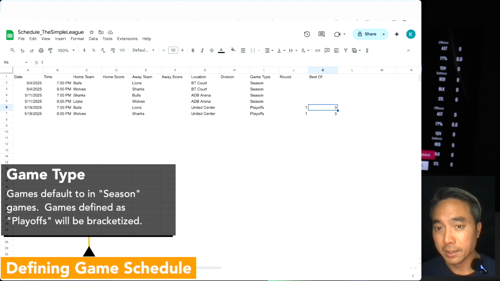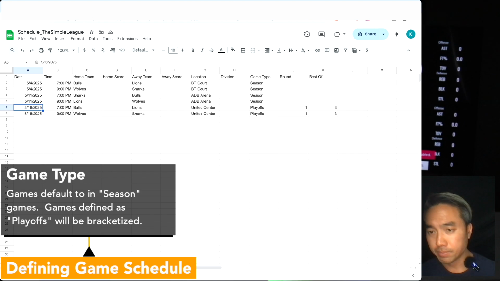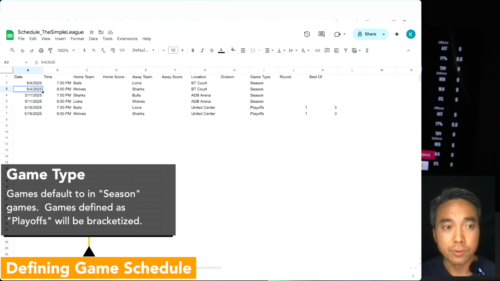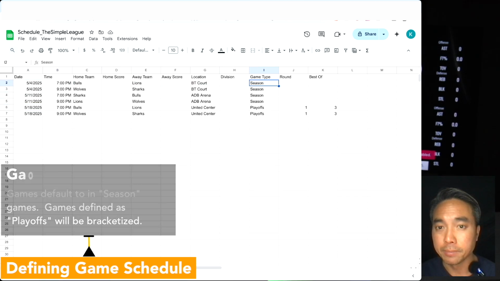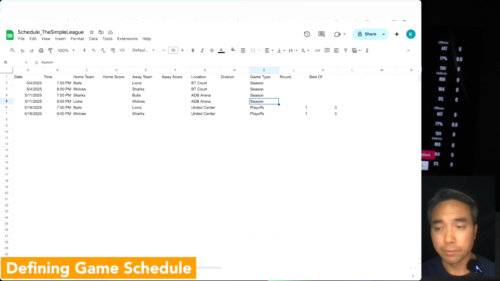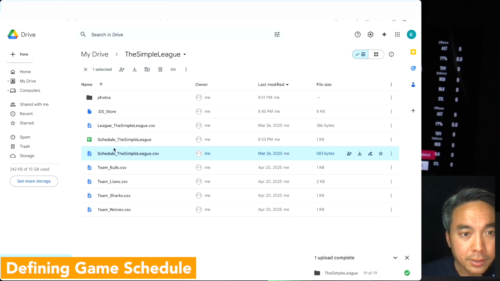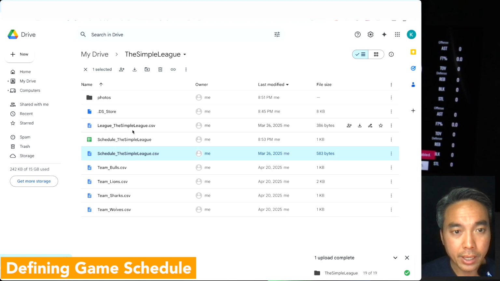The playoffs can get kind of more advanced. I'll maybe make a separate tutorial just specifically on playoffs and playoff brackets, but let's just focus on the season games here. So you can fill out your schedule in that manner. Save it, and then put it into your zip file. And then let's look at, finally,